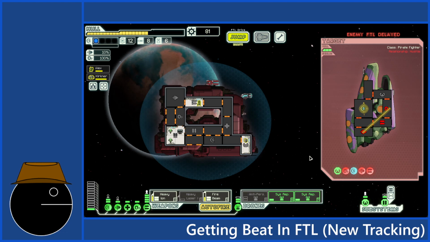I wish I had surveillance, man. I wish I could see where the fires actually were on their ship. Maybe I can work towards that at some point in the near future. If I come across a shop that has surveillance, I will pick it up.